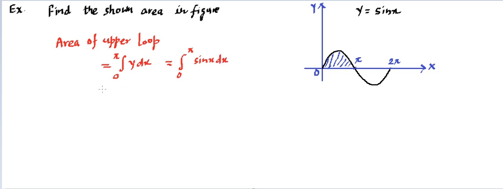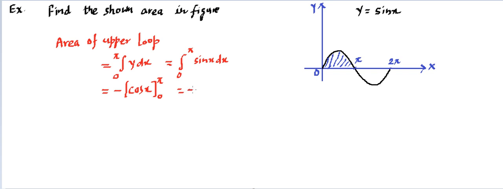You must know that this is a straightforward, standard integration, and we know the formula for the integration of sine x, it becomes minus cos x. So it's going to be minus cos x. That's what the integration is. Since it's a definite integration, we need to place the limits. It's going to run from 0 to pi.